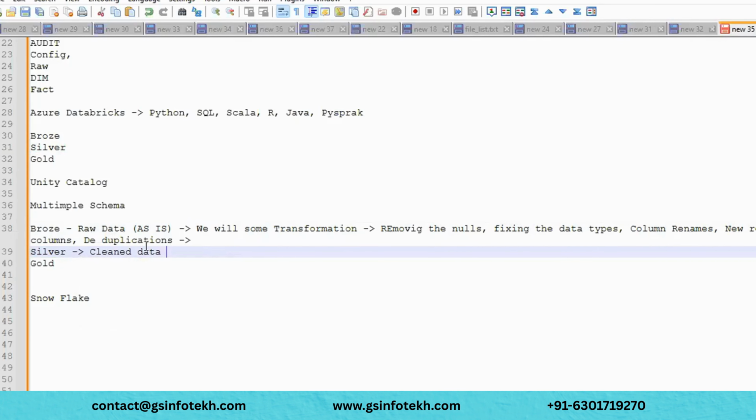Now after cleaning, we need to implement some business logic. For example, we have a customer table, a sales table, and an orders table.